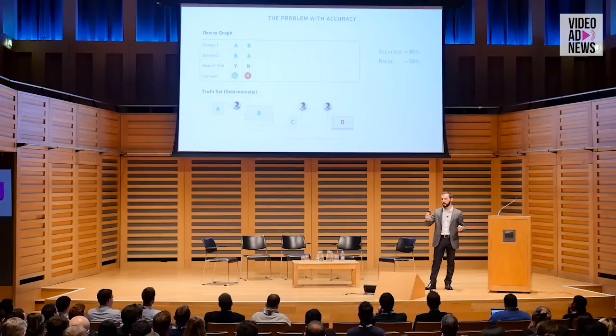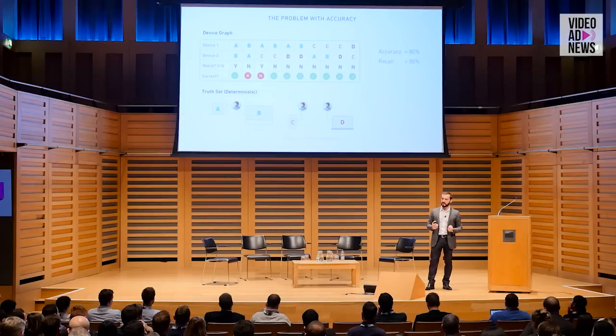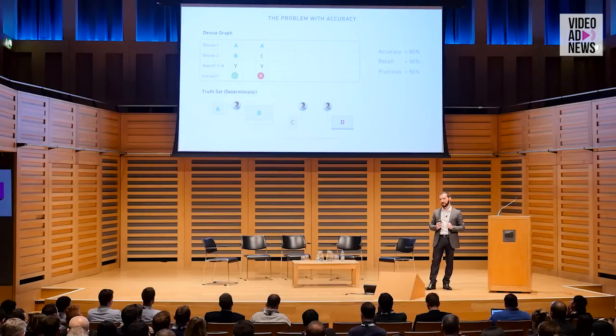Recall is good. It implies scale. It's good for the targeting applications. That's why I mentioned it before. If you want to do cross-device retargeting, you want a high recall, and it's harder to obtain than accuracy. There is another metric that is called precision. Of the matches you predicted, how many of your predictions were correct? So I'm just going to take the ones I predicted as matches, and again, I get a 50% score. This is just to give you a practical example of how the real metrics are much harder to obtain, yeah?